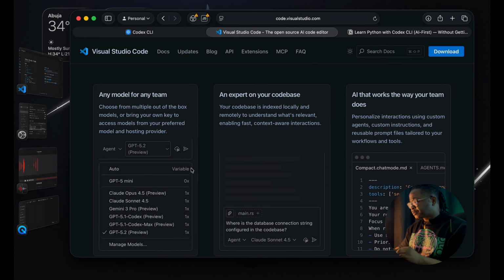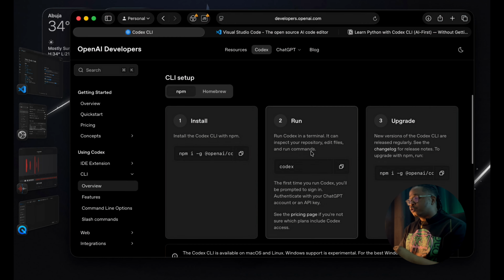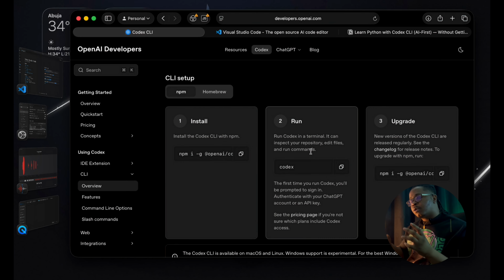Easy peasy like that. So the next step now is for us to choose what Copilot agent we're going to use in order to write our code, debug, review, and also think like a software engineer. And this is where AI comes into play. There are different AI tools out there. There is Codex, there is Claude Code, there is Grok. There are so many out there. But for my own workflows, and depending on your workflows, you can choose any AI tool that you need. It's all fine and good. Everything I'm going to teach you is going to work the same way for every AI tool you're going to use. So for this tutorial, I'll be using Codex.